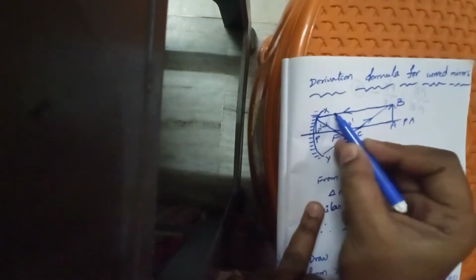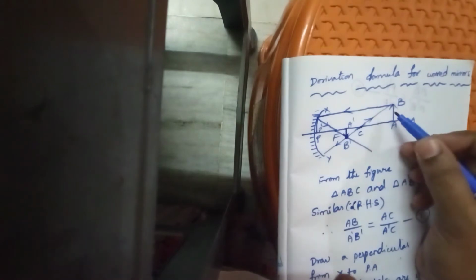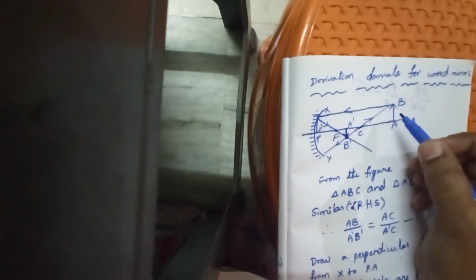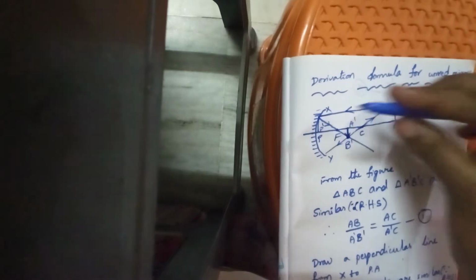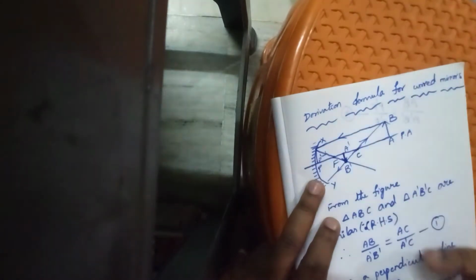And while coming to the, just observe the figure here. If the incident ray is nearer to the principal axis, those we can call as paraxial rays in the language of physics. Here if we are using technical language like that, this is for paraxial rays. That means the rays which are nearer to the principal axis. So what will happen? P will coincide with P dash at that time, for paraxial rays, the rays nearer to the principal axis.